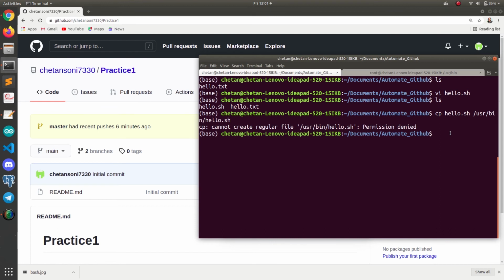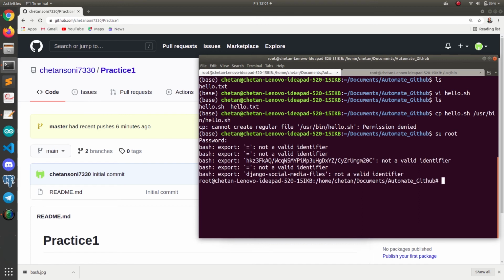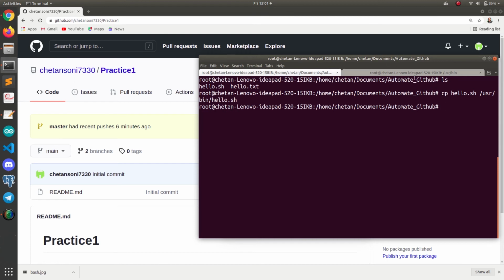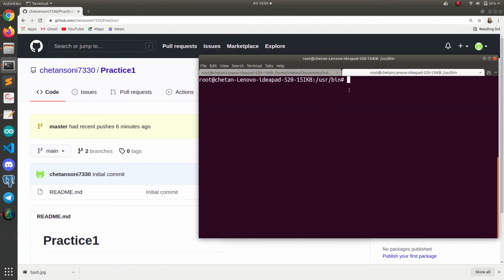Actually I have to use the root user here, because we don't have permission to write anything to that directory. So let me do it again, cp hello.sh /usr/bin/hello.sh. So basically we have successfully transferred the file to this directory. Sorry, I keep saying repository.